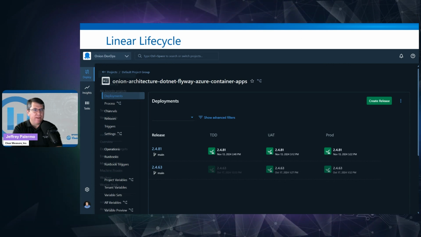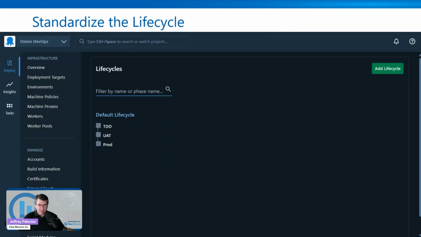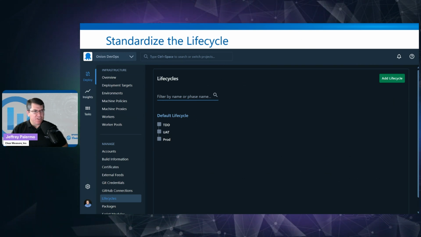It is so important that you configure the lifecycle so that when you look at your dashboard of deployments, you have environments and deployments that move from left to right. If you look at your dashboard and you see just a checkerboard of environments where you have the circle slash and some don't apply, and it looks like this weird grid, then you've configured your lifecycles incorrectly, and give it some attention. So I'm going to show you the simplest of lifecycle, and it's this: your TDD environment,